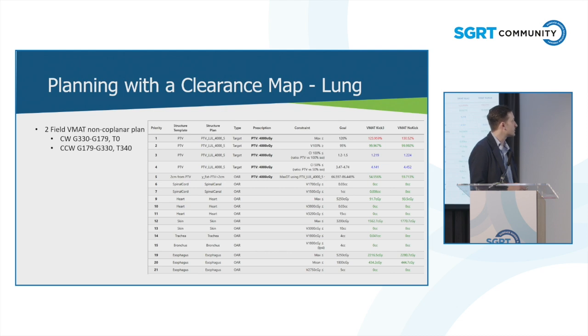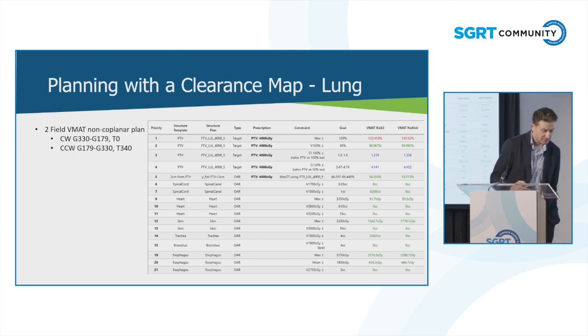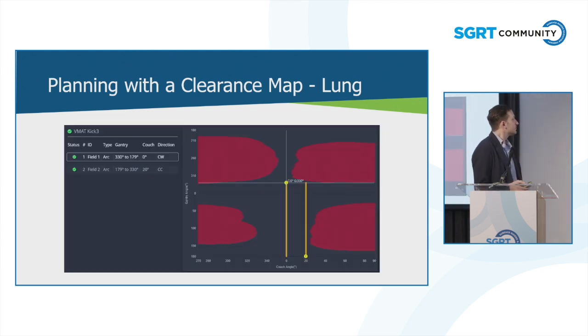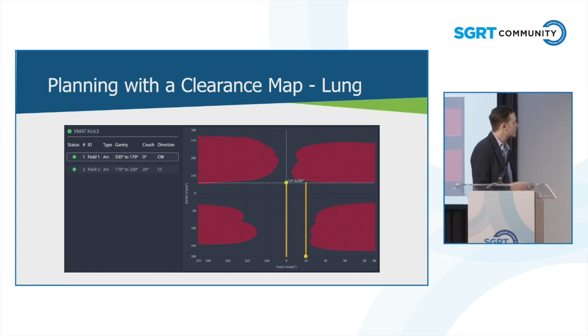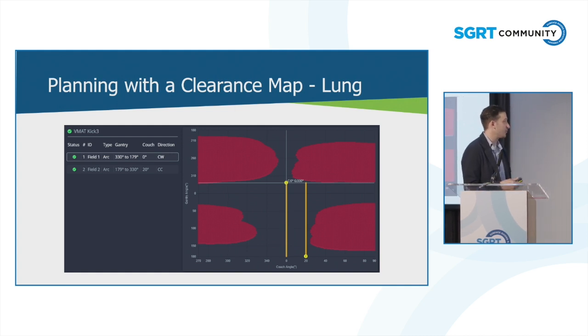I decided to try just one couch kick and see how that looks. Was able to lower the hot spot. The coverage still looked good. Just the clearance map. It passes. It gets close here, but nothing to worry about. As was shown in previous talks, it's pretty accurate to 1 millimeter. So I mean 1 degree. So it's nothing to worry about here. And so we were happy with this one, and we would have treated it with that couch kick easily and